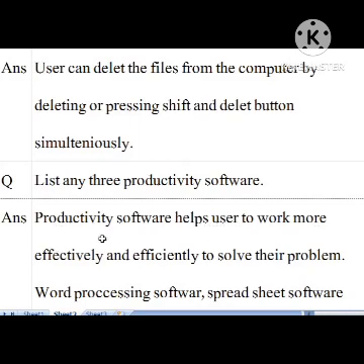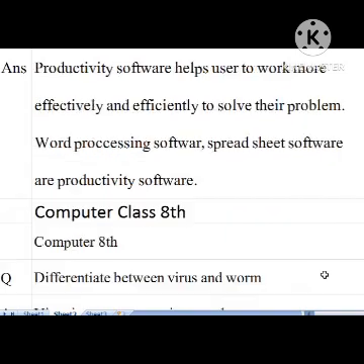List and explain productivity software. Productivity software help user to work more effectively and efficiently to solve their problems. Word processing software, spreadsheet software